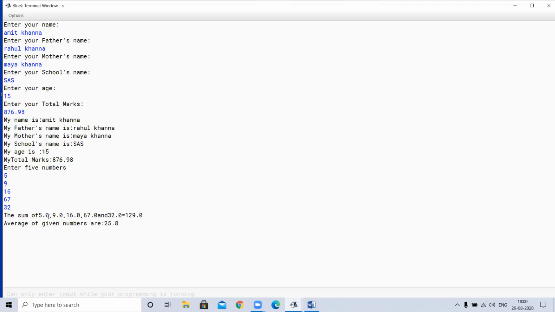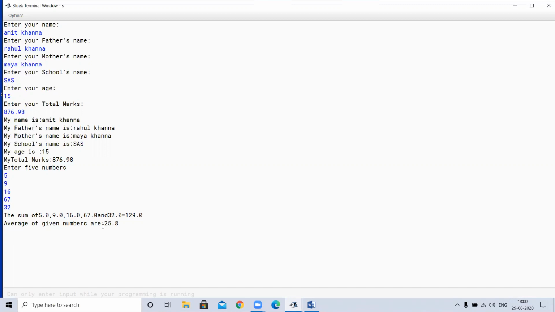The sum of, what is it giving? The sum of 5.0, 9.0, 16.0. Why is it coming in decimal points? Because these are all float type variables. So that's why it is giving the output in float. 5.0, 9.0, 16.0, 67.0 and 32.0 equal to 129.0.